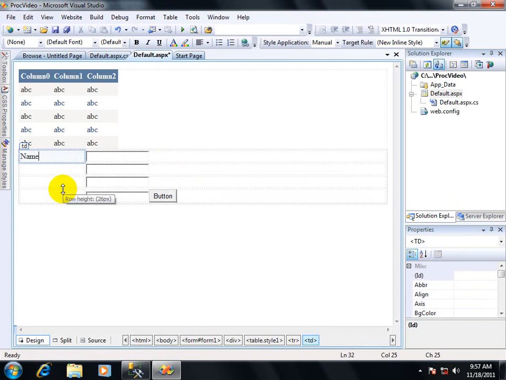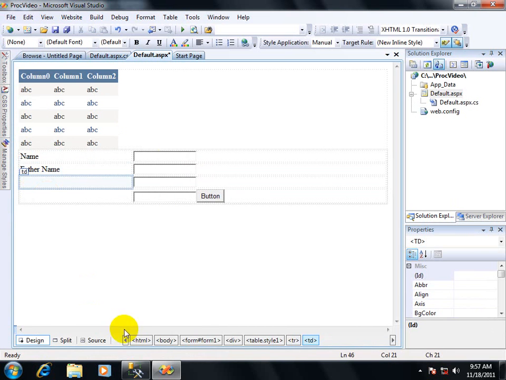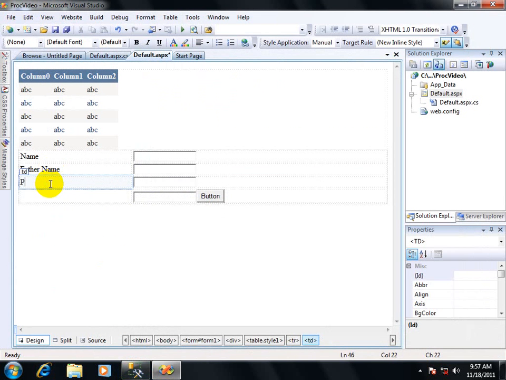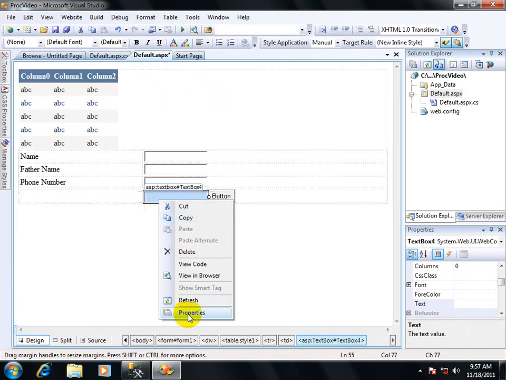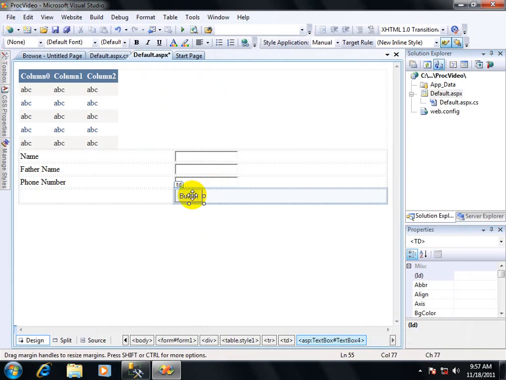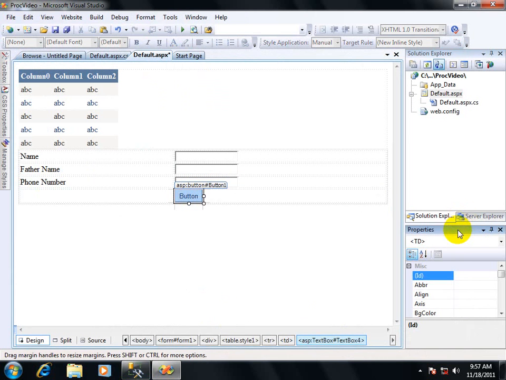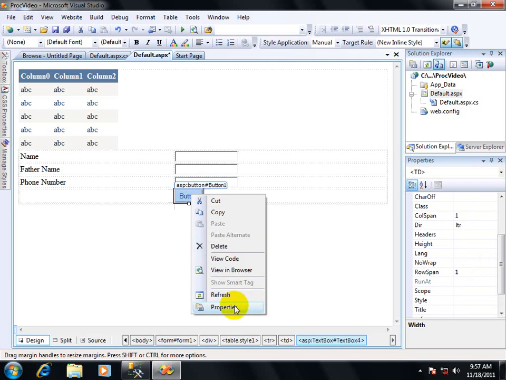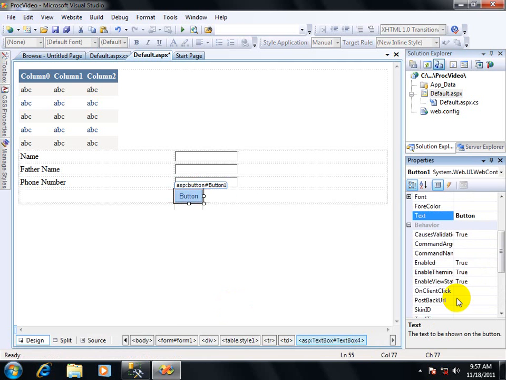I will take name, father name, and phone number. There is no need to take another text box extra. This button is used to submit your data.